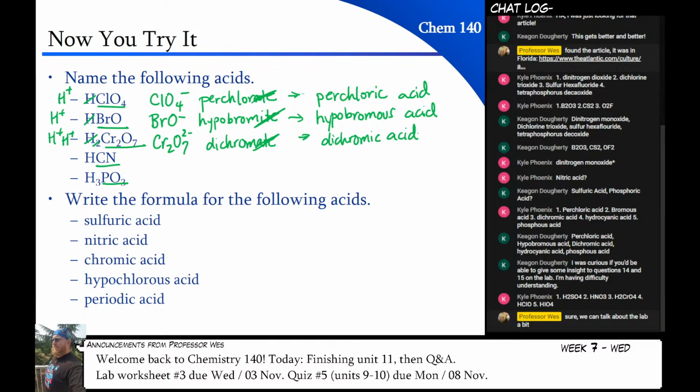So there you go. Dichromate becomes dichromic acid. Remember that cyanide is the weird one? Because it ends in ide, it follows the ide rule. And then for this last one here,